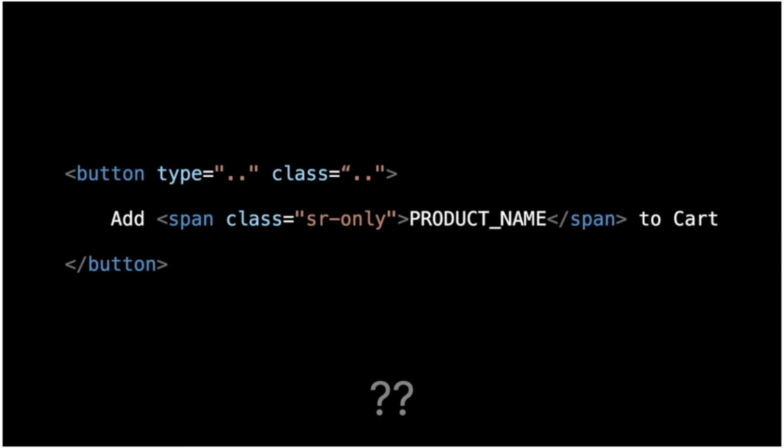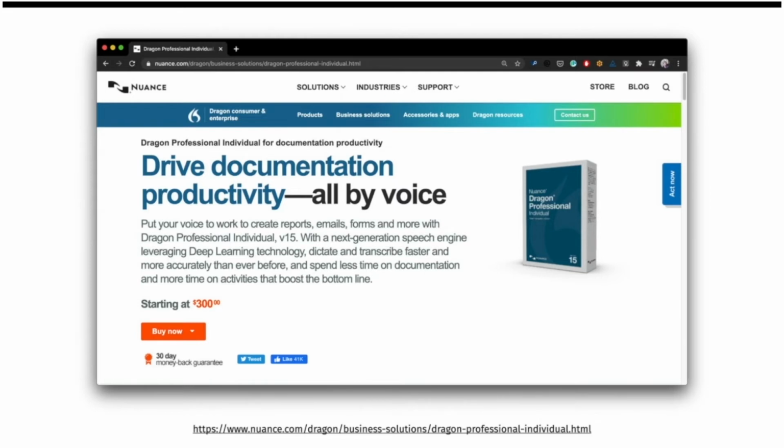More specifically, inserting visually hidden text in the middle of a visible string of text or a visible label on a button prevents users browsing and navigating using voice commands from interacting with the button. A popular example of voice recognition software used to browse the web is Dragon Naturally Speaking. It is software that allows you to use your computer and browse the web using voice commands. Such software is useful for a lot of people, including but not limited to people with disabilities who can't use their hands, for example, or power users who want to get things done faster because voice dictation is usually faster